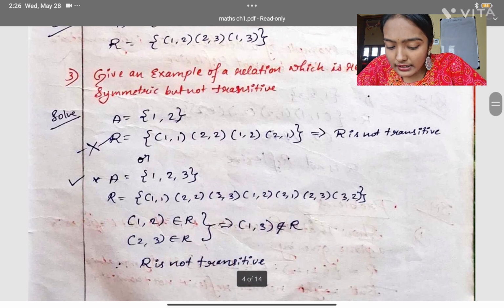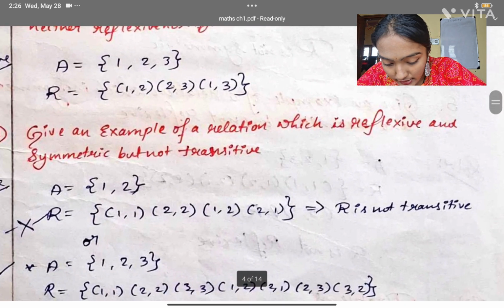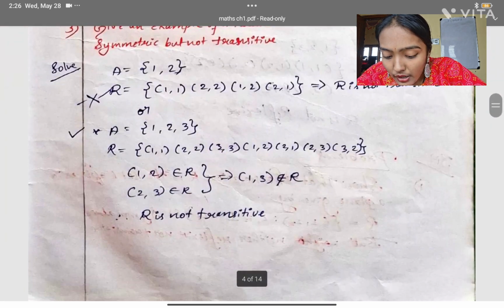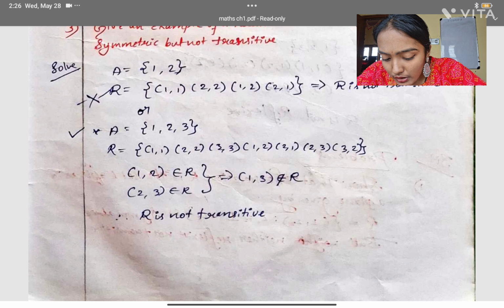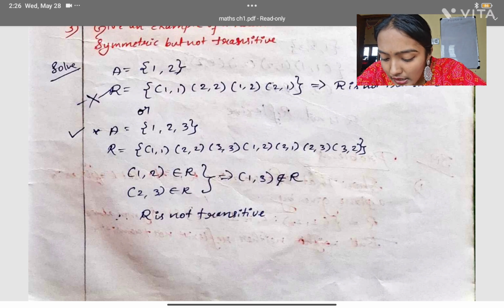See, another case I will tell, this is an example. It's right actually, I thought I put it in wrong. No, it's right. So, A is equal to {1, 2, 3}. R, if we are talking about reflexive and symmetric, there should be (1,1), there should be (2,2), there should be (3,3), meaning same to same they should be there definitely. And then (1,2), (2,1) should be there, (2,3), (3,2) should be there, and another one is left out, I guess. (1,3) should be there also, but as we see,